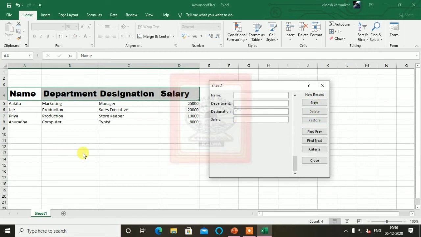Next record is, my department is marketing, sales executive. And salary, let's say 22,000. Then next is Lee.